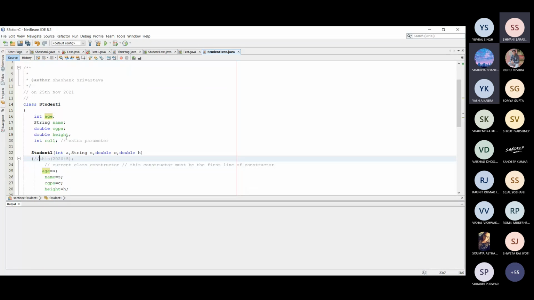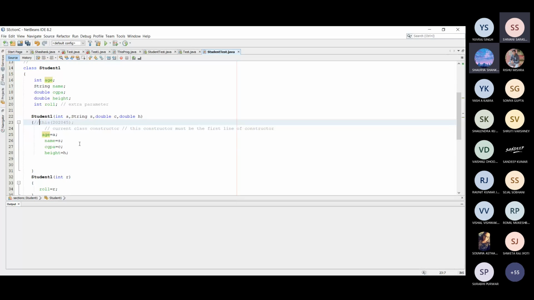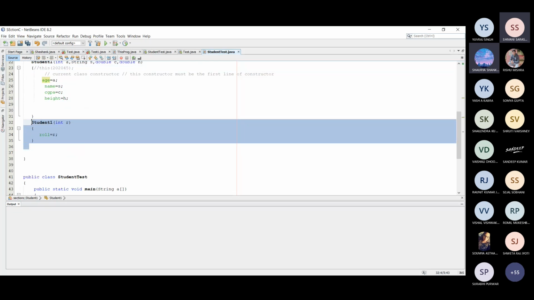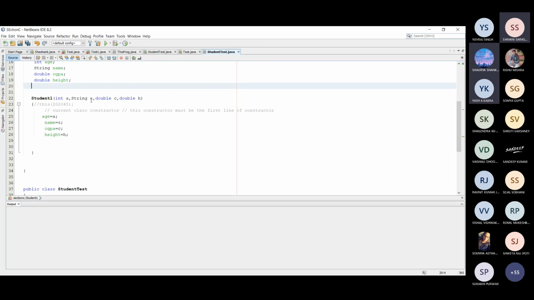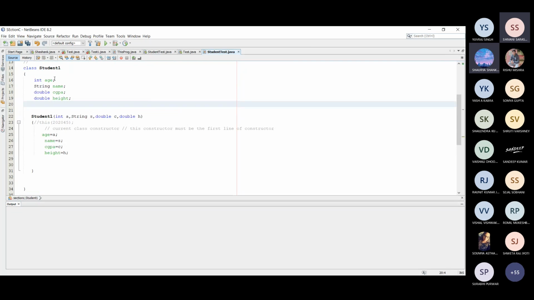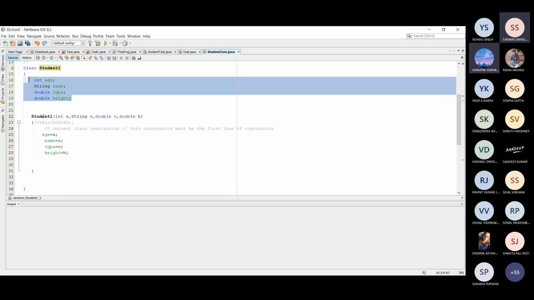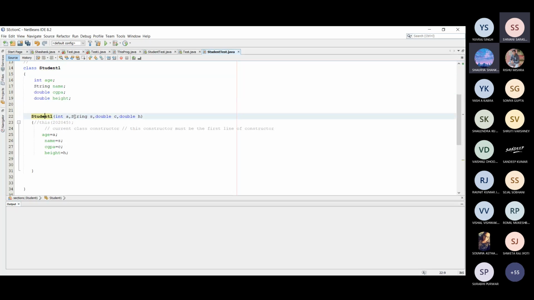Okay, this is the case. And another thing: suppose एक कंस्ट्रक्टर ले लेते हैं 4 ही पैरामीटर का. सब आई जस्ट रिमूव द रोल नंबर लाइन. तो there are 4 parameters in the constructor in the student class, a constructor which is having 4 arguments.